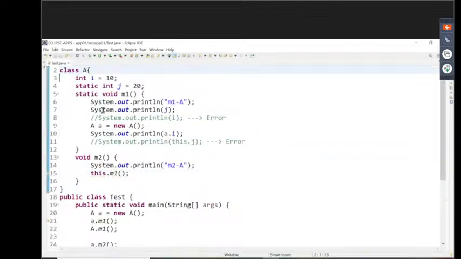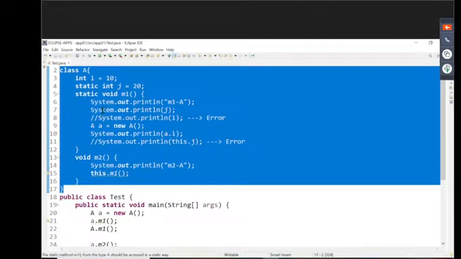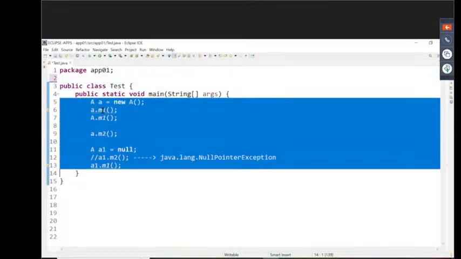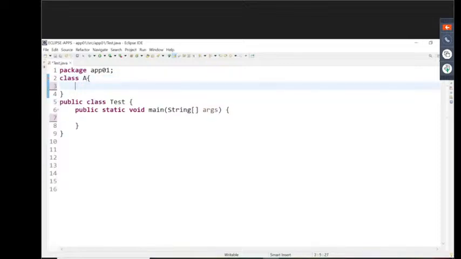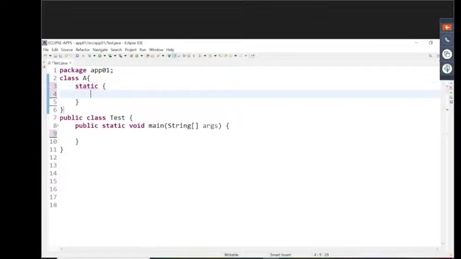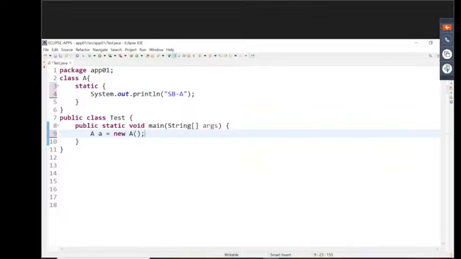Right, now I want to remove this class K. For example, I'll take a class A and insert this static block: System.out.println of SBA. Now here, A small a is equal to new A. When I'm creating an object for class A,